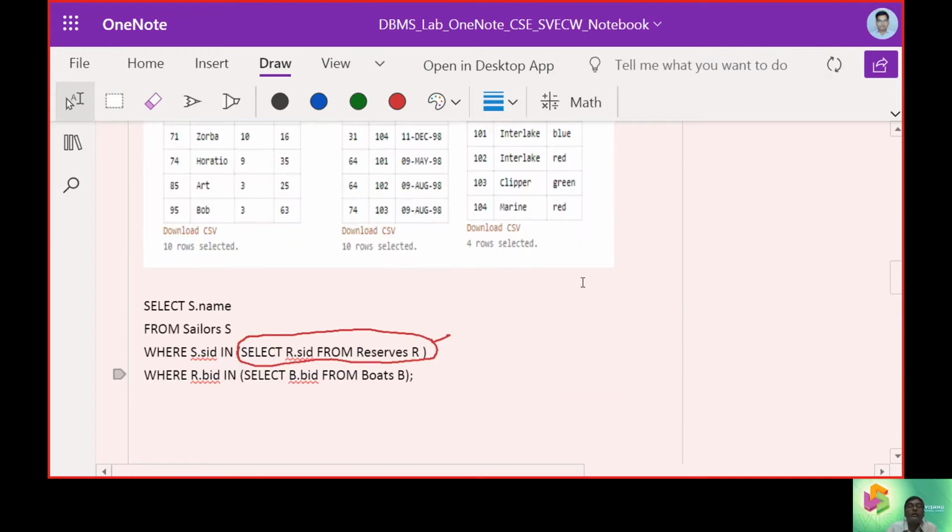This we call subquery 1. Then again, select boat ID from boats, we call it subquery 2.